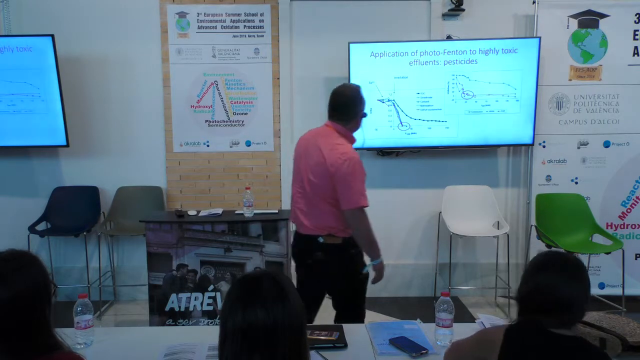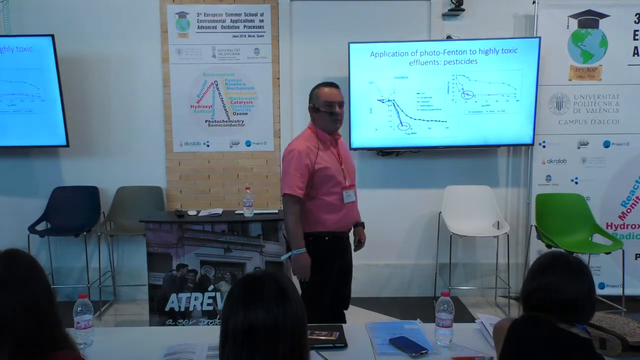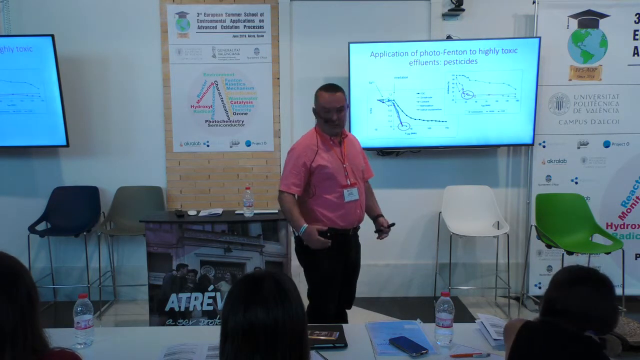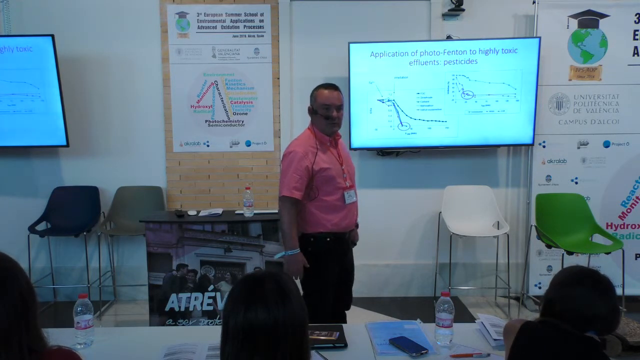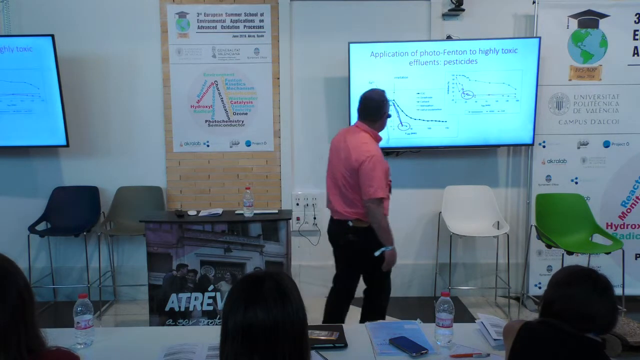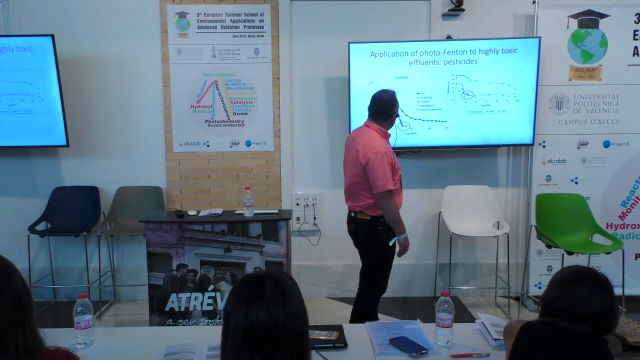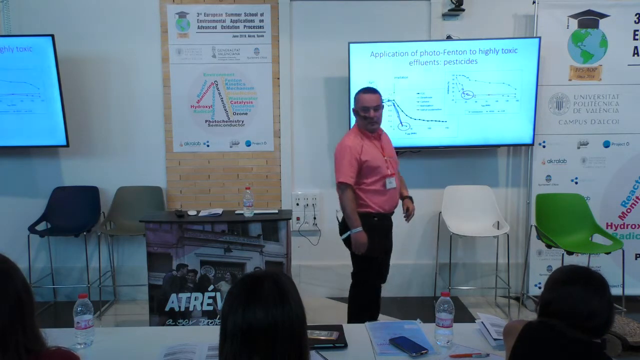Here, you can see the removal of a mixture of pesticides. In this case, they are at 50 milligrams per liter each. That means quite a high concentration of pollutants. You can see that they are completely removed after approximately 25-40 minutes, but the amount of organics in the medium